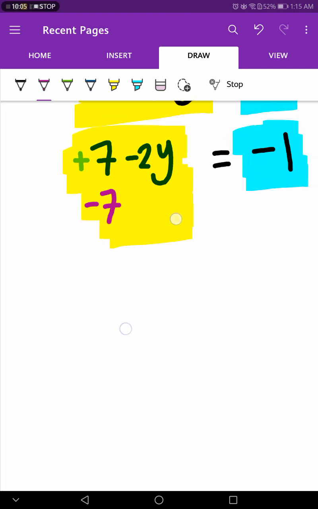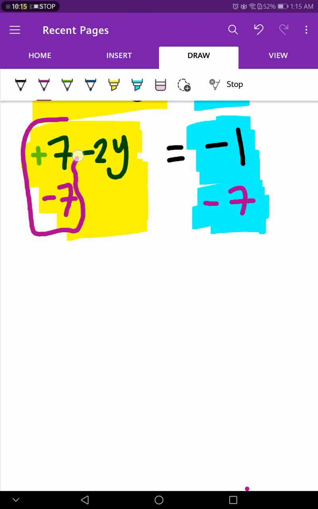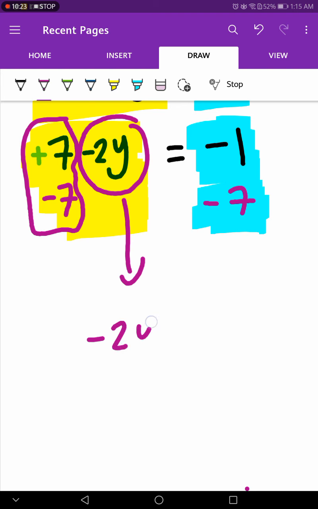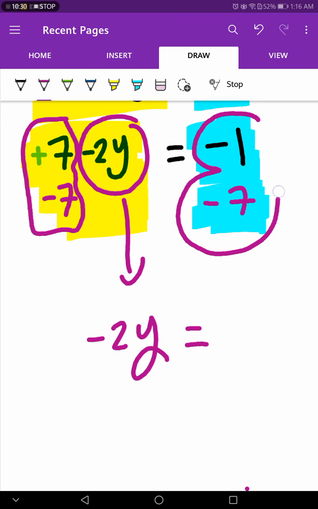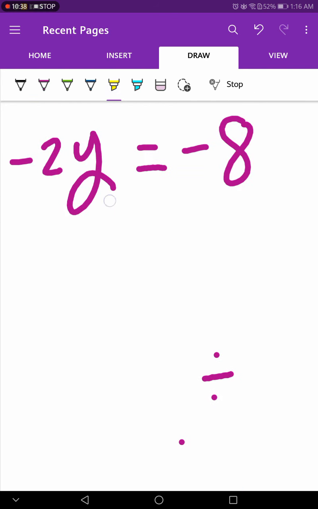Okay, so what you do on the left, you have to do on the right. So -7 also here. Here I eliminate this part, but what's left here is -2y. And here, as you learned, 1 for the grocery and 7 for the grocery, sorry. So 8 for the grocery. Okay, good. Again, you have to determine the left